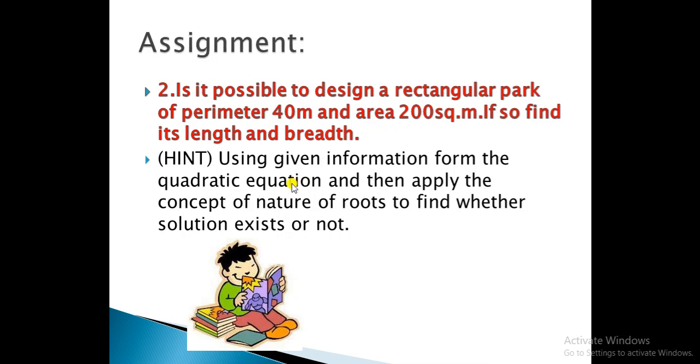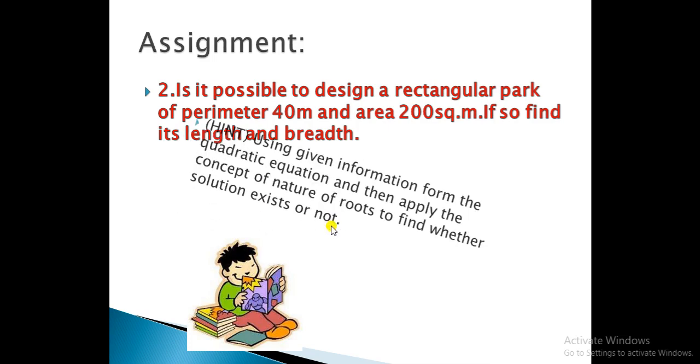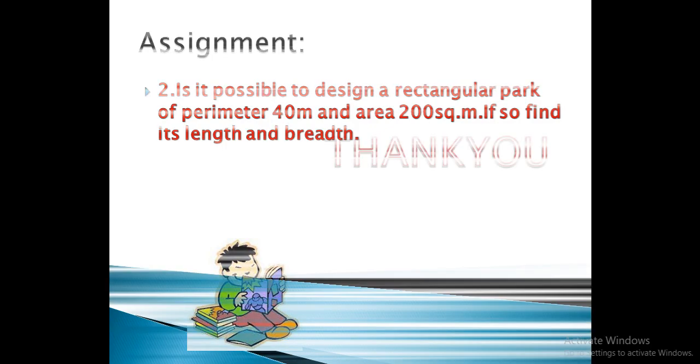Let us see the hint. It is given here, first of all, using the given information. What information is given? Perimeter and area. So using these two pieces of information, first find the quadratic equation. Then apply the concept of nature of roots to find whether the solution exists. If a real solution exists, you can find the length